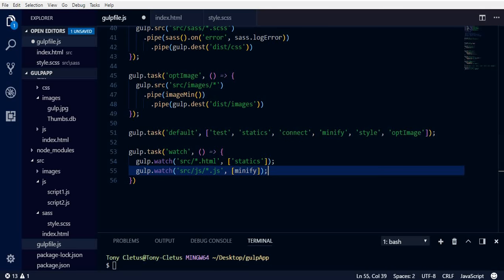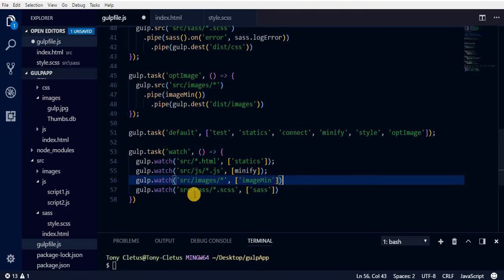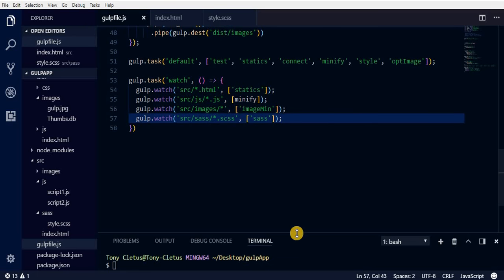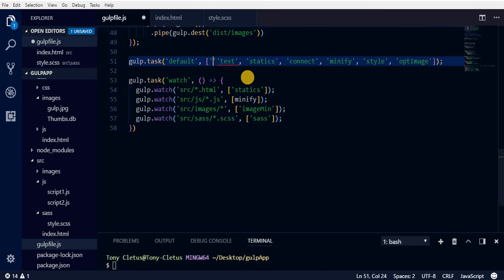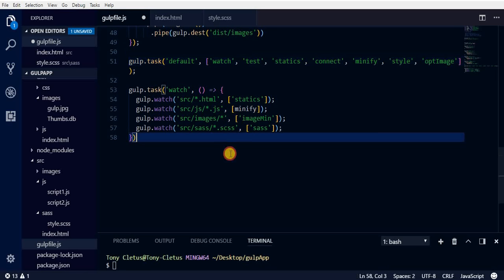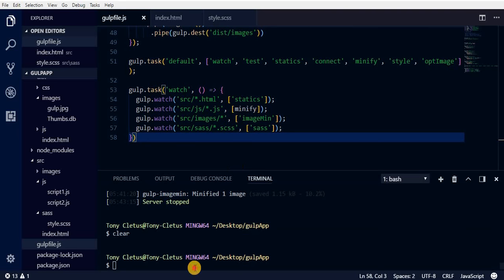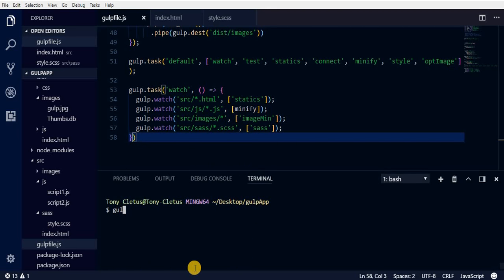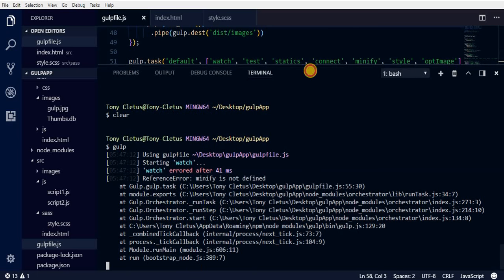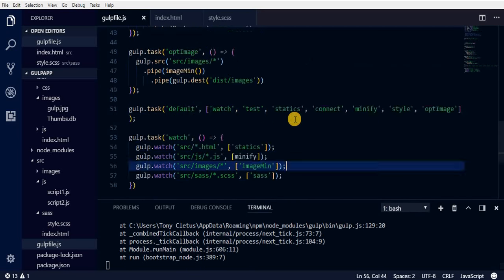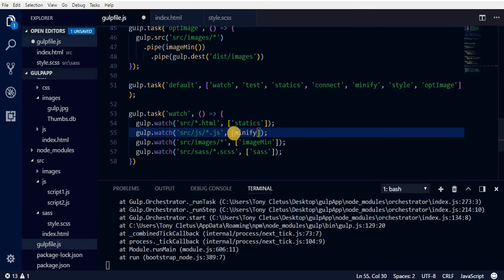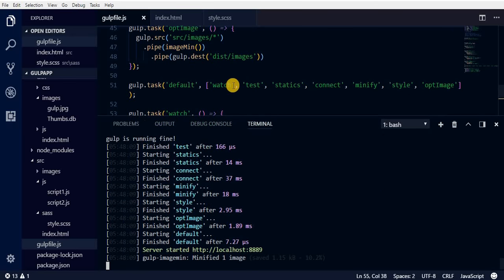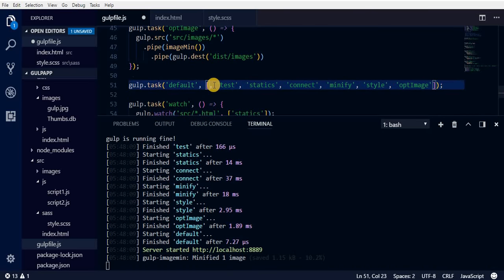So I'll just complete the remaining ones. So it will watch the image folder also, it will watch the Sass folder. So I'll just also bring the watch here. I think that should be the first thing. So I'll say watch. We save this, go to the console, clear this. Now just do gulp. It's telling me minify is not defined. So let me check. Okay, minify is supposed to be in quotes. Okay, I should have this watching at the last part so that it will tell me that it has finished